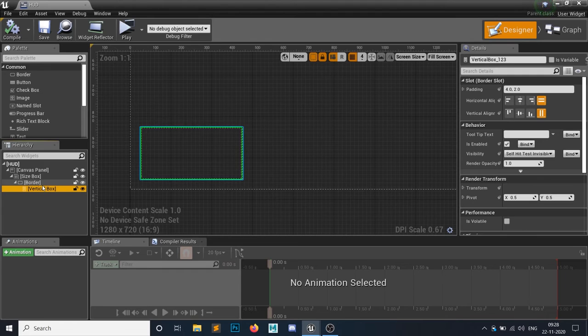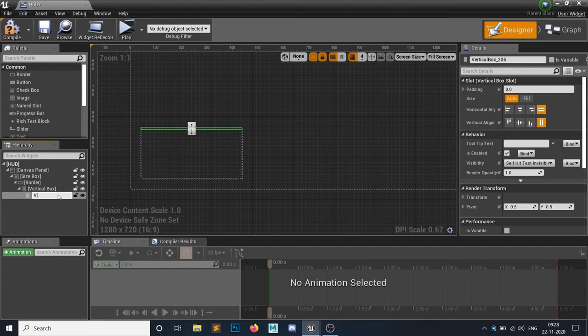Inside my vertical box, let's create another vertical box for my weapon system. Whatever the weapon details are, they will go inside this vertical box. Inside it I need a size box so that I can make sure my image size doesn't affect the layout. You can add an image directly, but if you have different sizes of image for different weapons, then it will be messy.